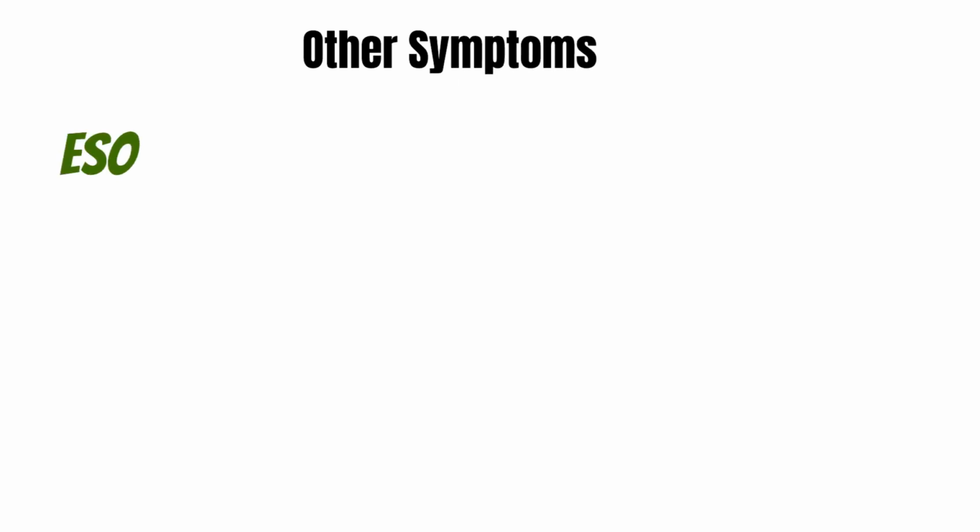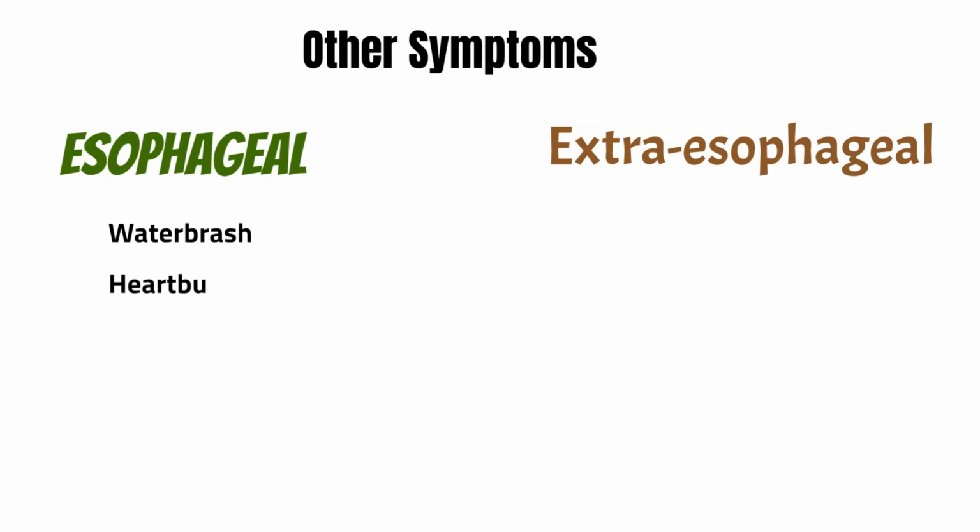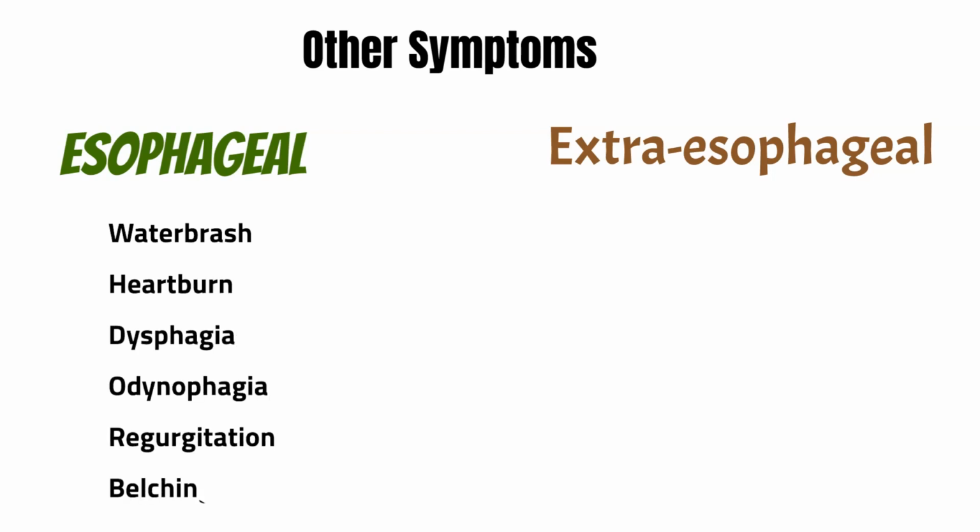Let's move on to some other ones. Other symptoms can be categorized into esophageal and extraesophageal symptoms. Under the esophageal category, we have things like water brash, heartburn, dysphagia, things like that. Water brash is when the mouth fills with saliva. We could also get reflux of acid into the mouth, especially when you're lying flat at night, nausea, vomiting,